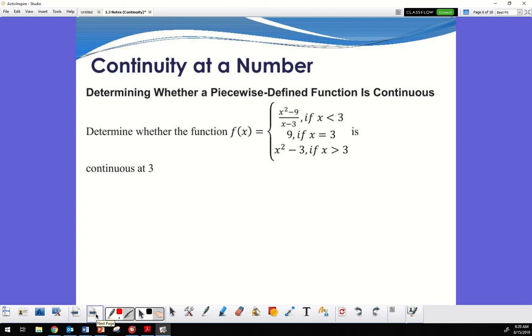Determining whether a piecewise defined function is continuous. Okay. So continuous at 3. Okay. So now, this is super important. For it to be continuous,